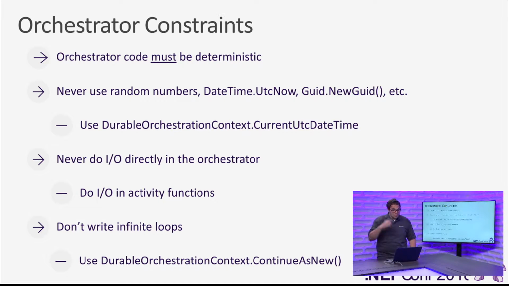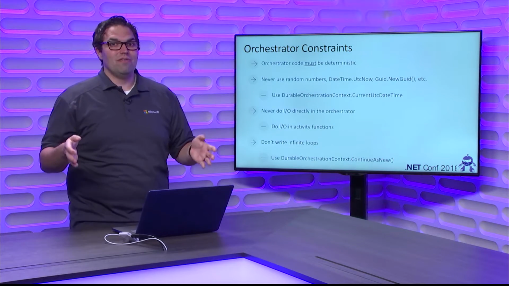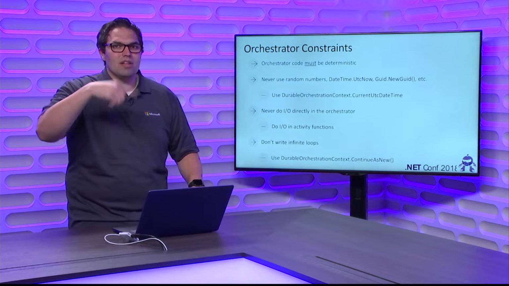And then if you do need something to loop indefinitely, we have this concept called continue as new. Now the main reason looping indefinitely can get tricky in durable is because if you think about that execution history, if that execution history has been repeating and re-looping for days, your history is going to be massive. And every time it tries to replay, it's going to have to pull that apart and redo all the infinite loops.